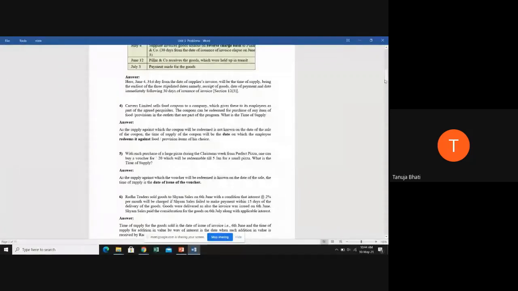So can you all tell me, section 12, subsection 2 under forward charge, which are the two dates that we need to compare for goods? Ma'am, the date of issue of invoice or the date of receipt of payment, whichever is earlier. In case of reverse charge, which are the three dates we need to compare? Date of receipt of goods, date of payment, or 30 days from the date of issue of invoice.